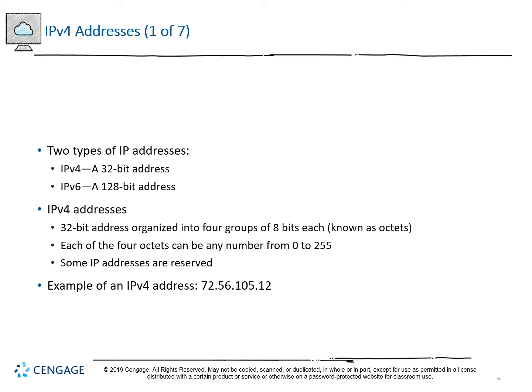If we have a class A address, that usually goes in the range of anywhere from 1.0.0.0 up to 10.255.255.255. You'll find these divisions based on what's called classful IP assignment. And we'll see how the subnet masks tend to fall into that. So just an example of an IPv4 address they give us here is 72.56.105.12. It seems like a seemingly random structure, but the idea is that each of those octets gives us a